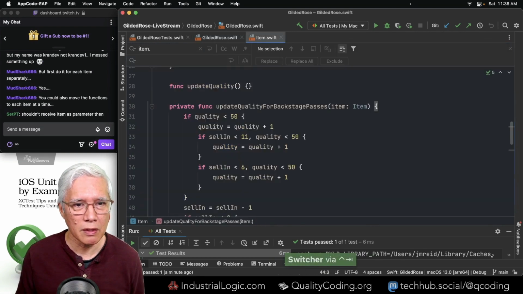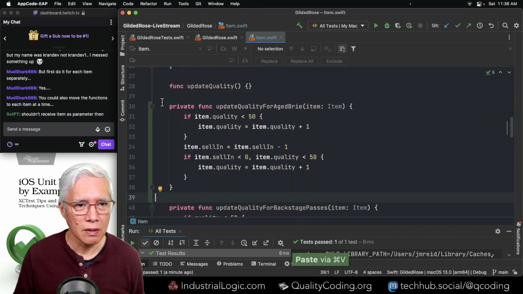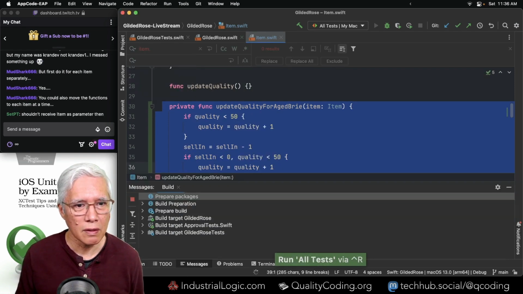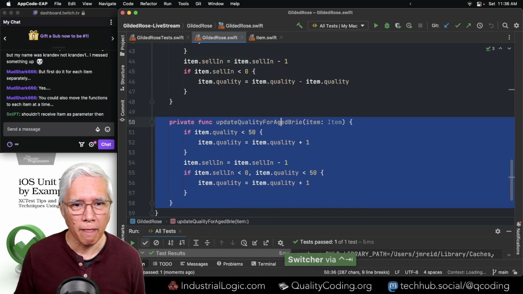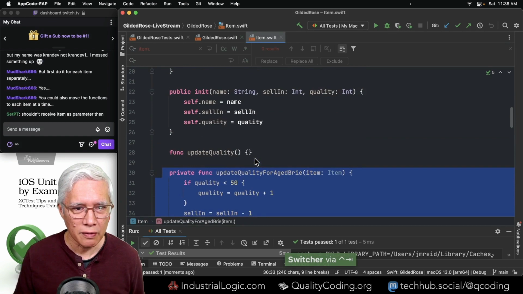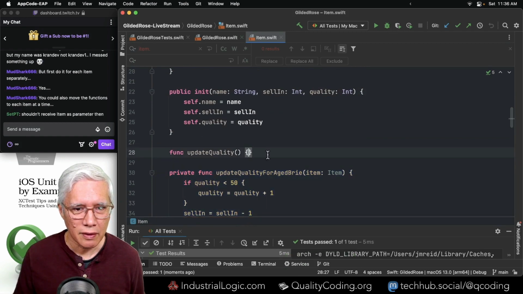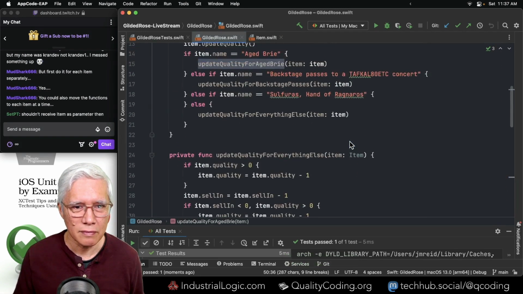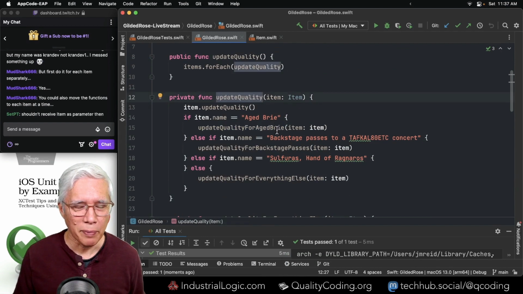Aged brie. Committed. And is that it? Okay. Now let me try again. I probably wouldn't have needed to do all that if I'd kept it all inlined. In fact, maybe I could have inlined it. It's fine. Okay, so I want to move this